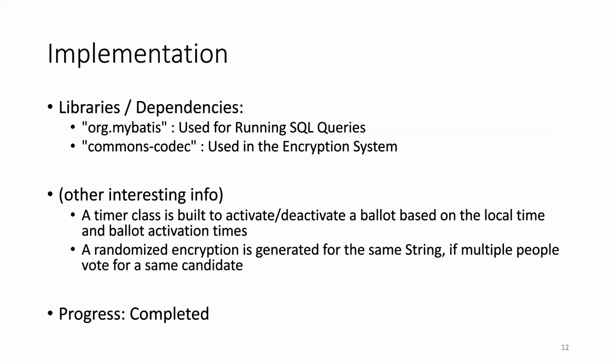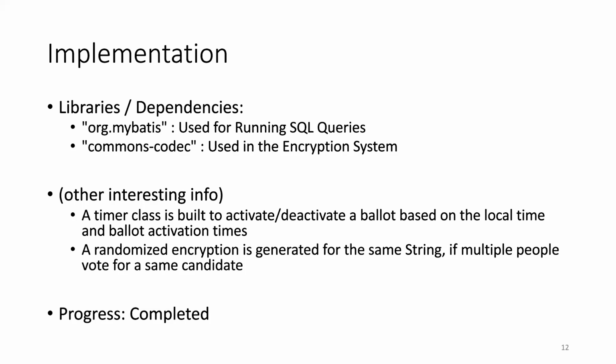As for the implementation, we used two new libraries that weren't included in the pom.xml file. One of them is org.mybatis, which is used to create a script runner for running the schema.sql and the populate.sql file in the resource folder. And the other one is commons codec, which is used in the encryption system to encrypt and decrypt the votes